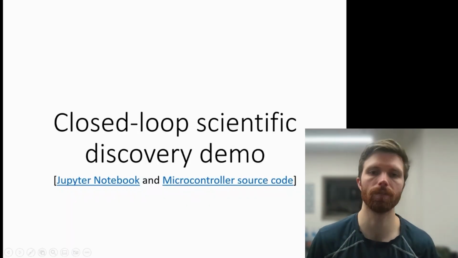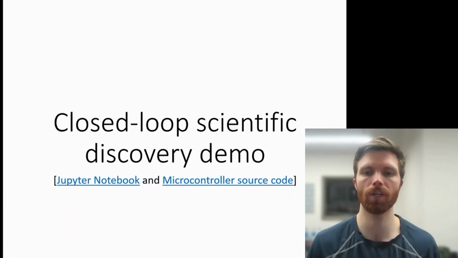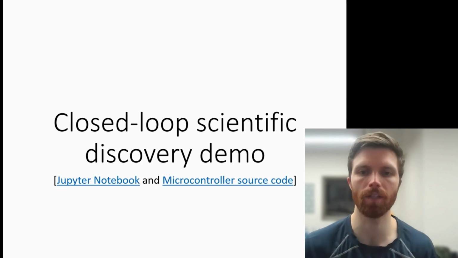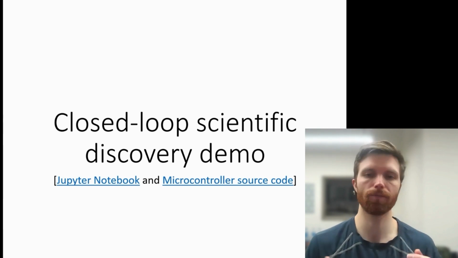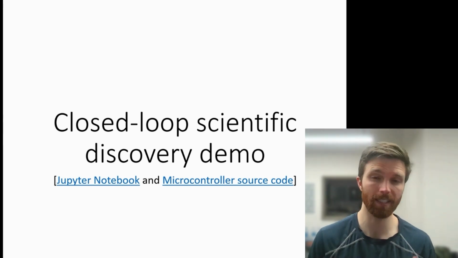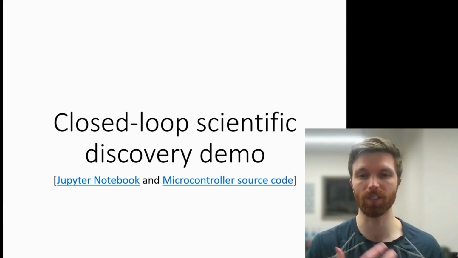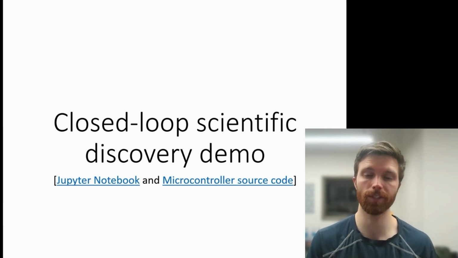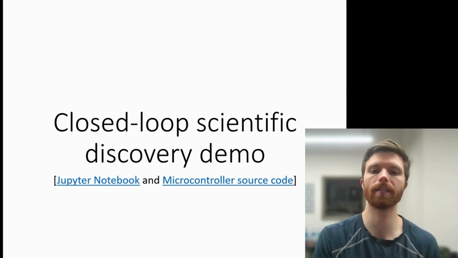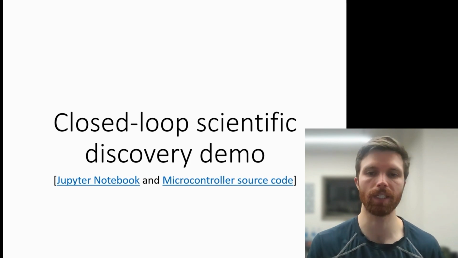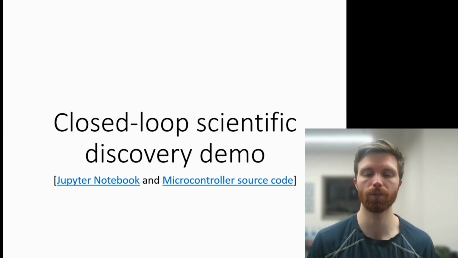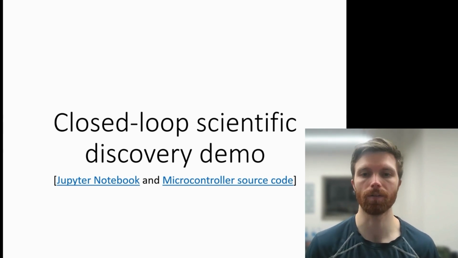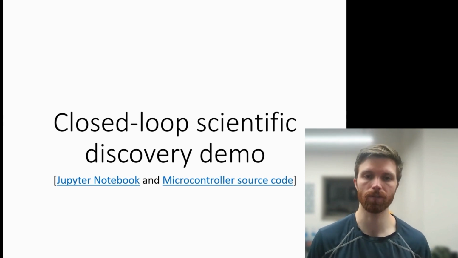In the final tutorial, I'll be going over this idea of autonomous scientific discovery, also referred to as self-driving laboratories or Lab 4.0. It goes by a few other names, but this idea incorporates many of the concepts described previously, with efficient optimization and efficient adaptive experimentation, and combines that with autonomous experimentation using, for example, robots and other sensors and devices to have a fully closed loop research campaign